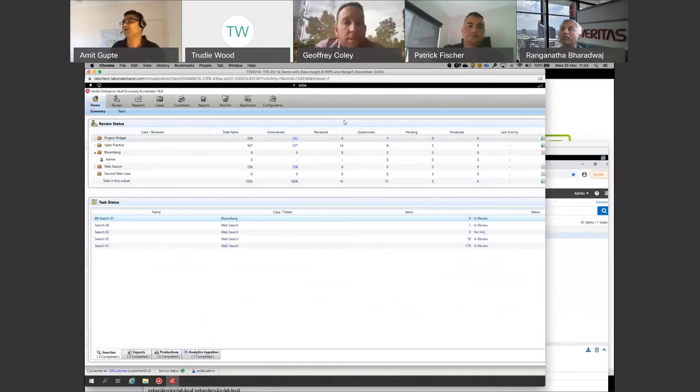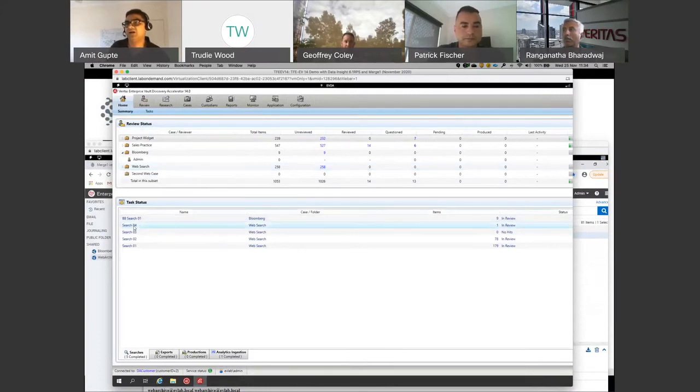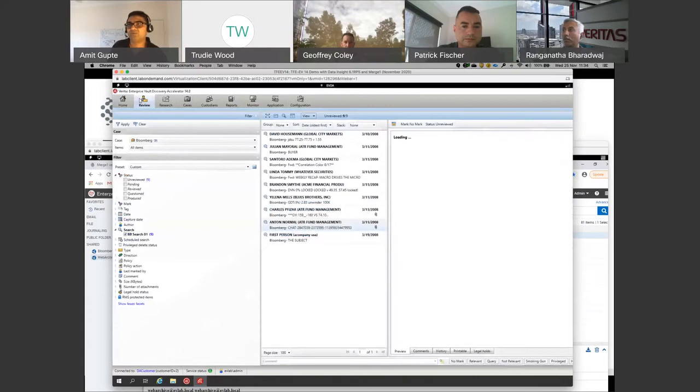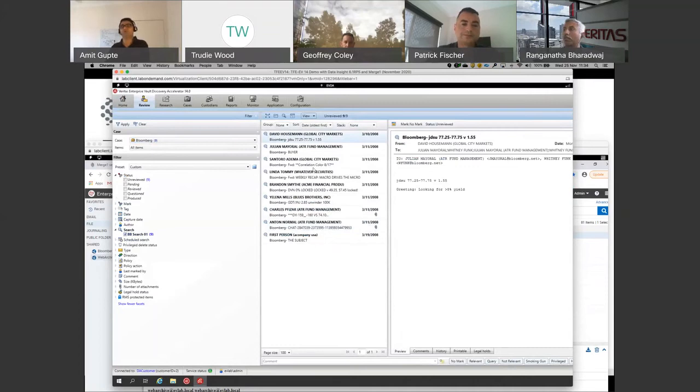Here we are. I'm not sure if all of us are familiar with Enterprise Vault Discovery Accelerator, but Discovery Accelerator is a tool that helps you perform searches in discovery use cases. So here, if you look at the searches that I've already created, I had a search that was created this morning. And if I go into review and look for Bloomberg, for example, and look for searches that go in Bloomberg, you can now clearly see that all the content that was archived from Bloomberg is visible in Enterprise Vault